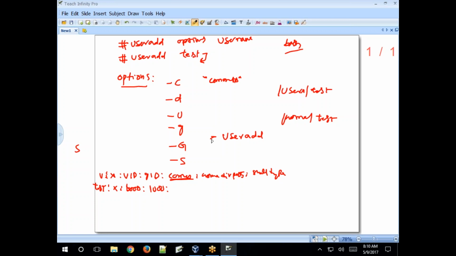If you specify it at the time of creating a new user, add -d, then the new home directory, not the default home directory. Specify /usr/test, then the username. What is that username? Test, right?